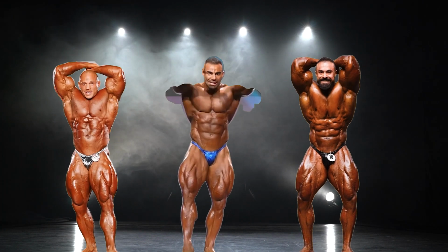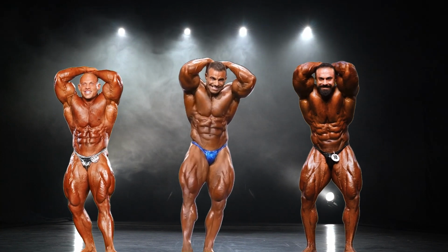The ab and thigh really isn't a great shot for anyone since all three have some sort of weakness. That said, I feel like Martin easily has the least amount of flaws in this pose, checking off the boxes when it comes to condition, muscularity, and proportions. He has the best quads all around, the best midsection when it comes to clean separation, and the way it tapers, and great lats that create a very nice silhouette. There is zero oblique spillage visible as well, great details all over his physique, and his quads are bursting at